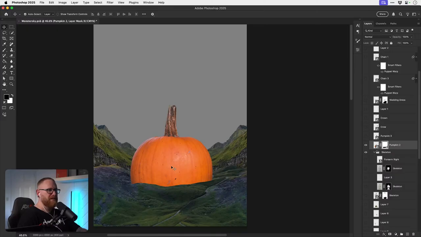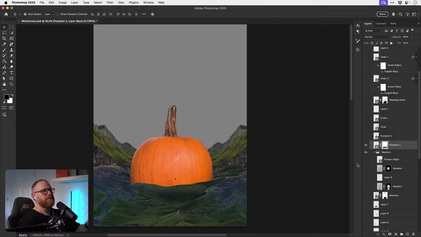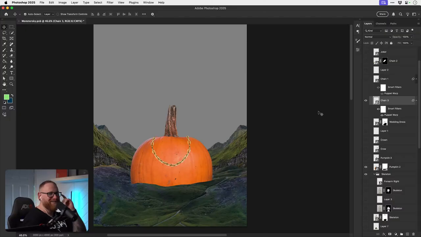And then I can kind of fit it to the landscape, which would be quite nice. Pumpkin spaceship? I don't know. Falling pumpkins? Not entirely sure. Pumpkin bling. Pumpkin in a wedding dress.